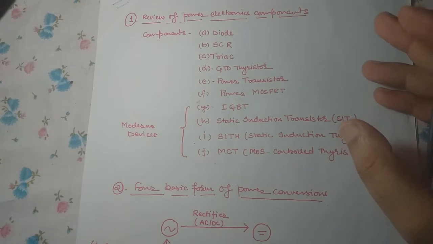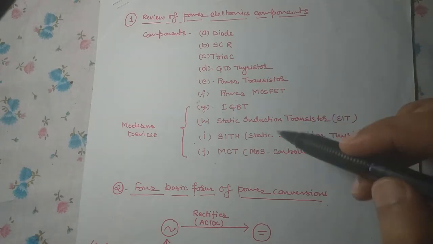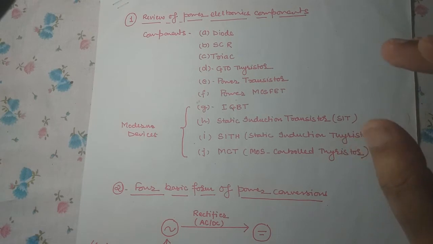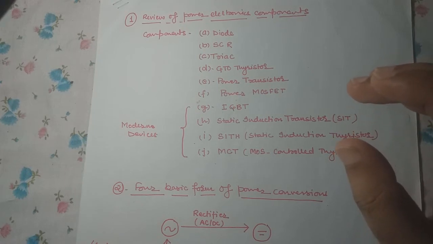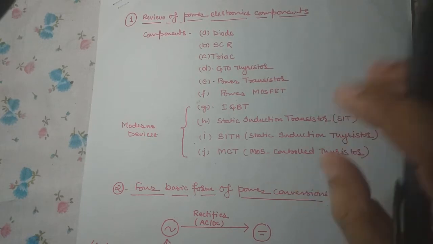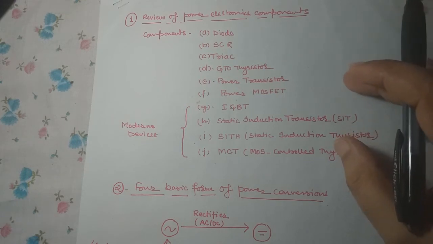So the power electronics components listed here are the basic components of the converters which we are using in HVDC transmission. These are the basic building blocks. So before studying HVDC transmission, we have to study these basic components individually. Now, if we are talking about HVDC, then we have to understand converters.